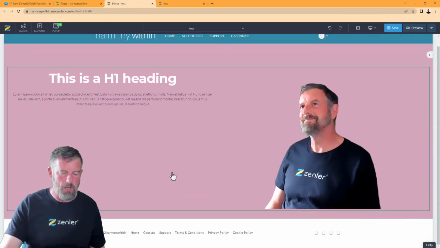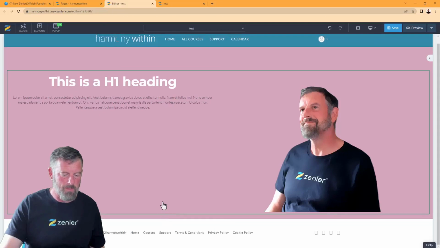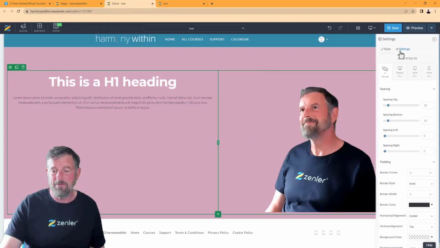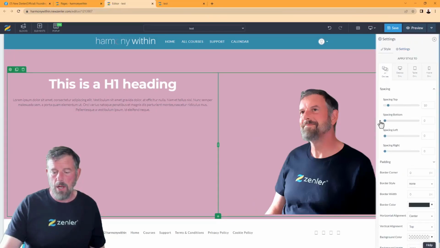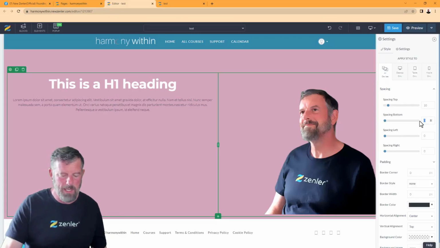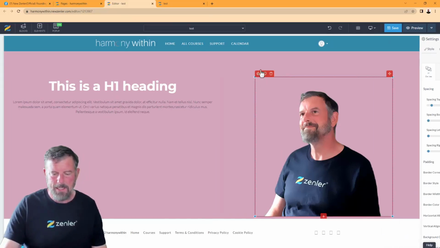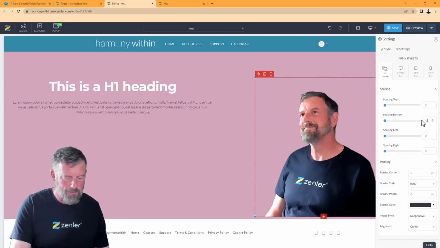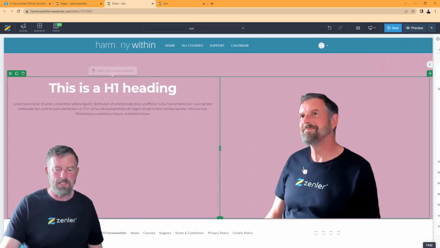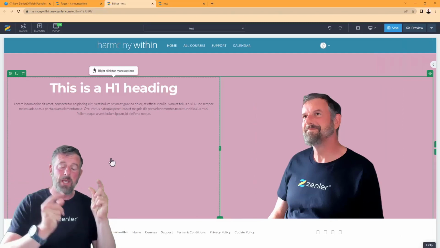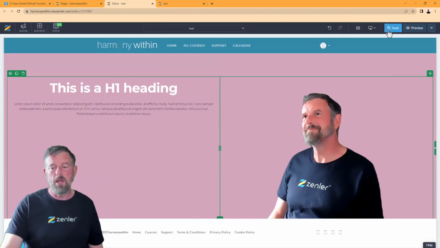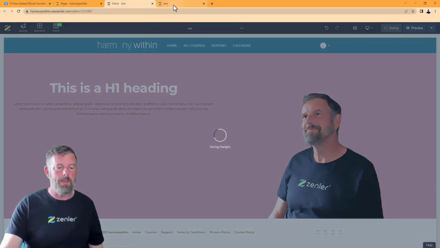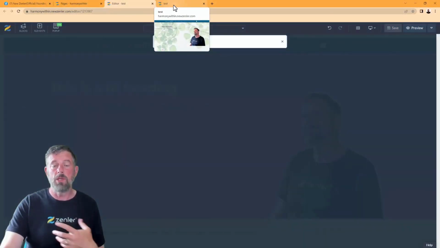And I'll show you how to put this on the bottom. I'll go into more detail when I do it with Natalie's, but I basically take this down to 0, and I take this row and give it a negative value inside here, so I don't have any spacing at the top. If I just put in here -10, and then I take this image and do a -10 on the base down here, what you're going to find is it goes lovely against the bottom of the thing. Magic, yeah? So stuff really quick and easy to do inside of Zenler, and it's important that you understand how